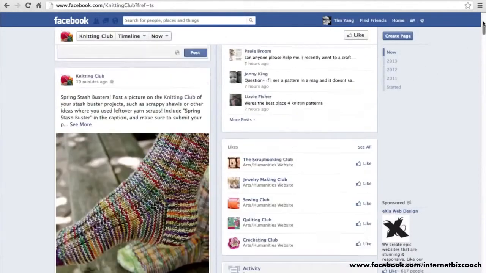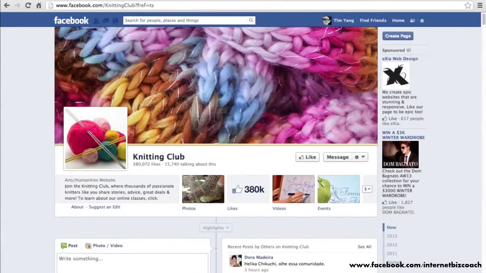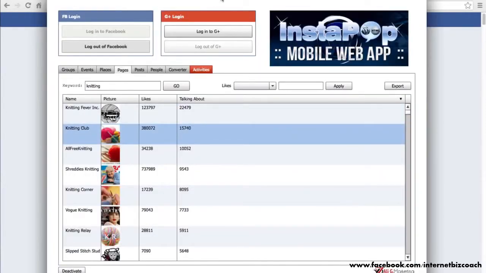And so that's exactly what the new feature of Social Lead Freak allows you to do. So let me get back to my Social Lead Freak interface, where I've looked for the keyword knitting, and you can see the Knitting Club page that I just showed you. It shows up here in the second result, and here you've got 380,000, which is what we saw, the number of likes, and also this number